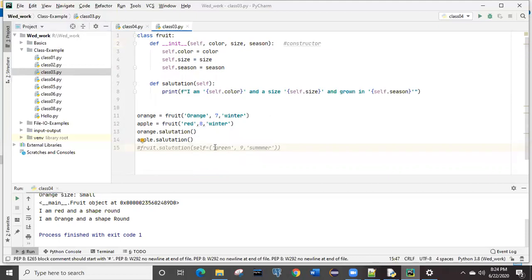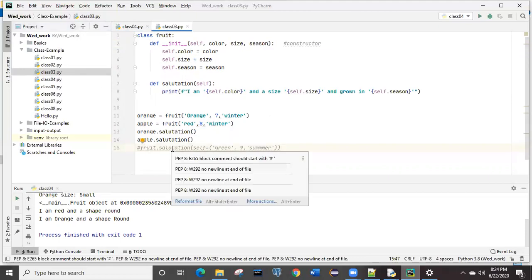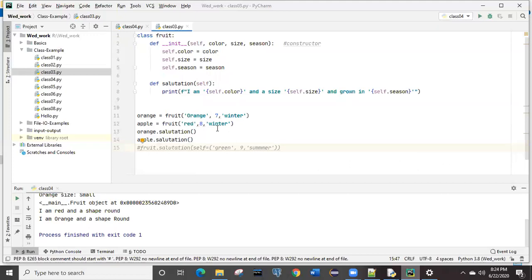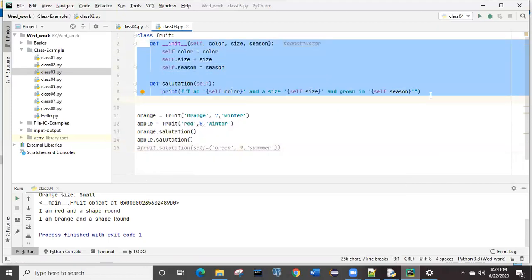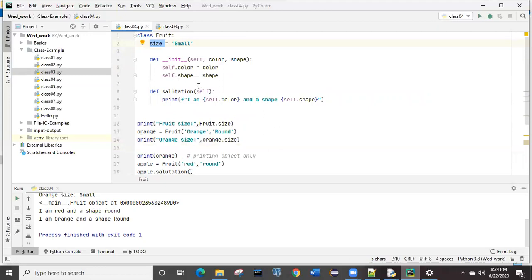What we were checking was whether the method will be called by the class or by the object. Here we are checking how we are going to call the methods, right? A method can be called with the class name or by the object name. In this example 4, we are not bothering about the method, we are bothering about this data field, size. So by both we are able to call it.